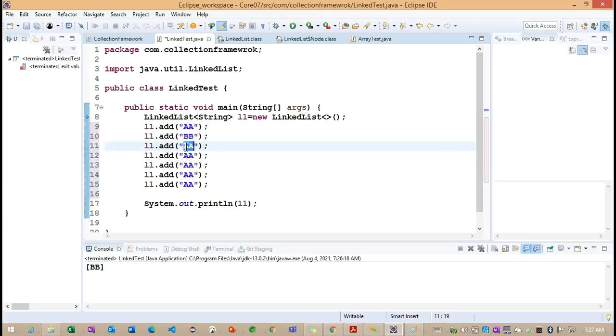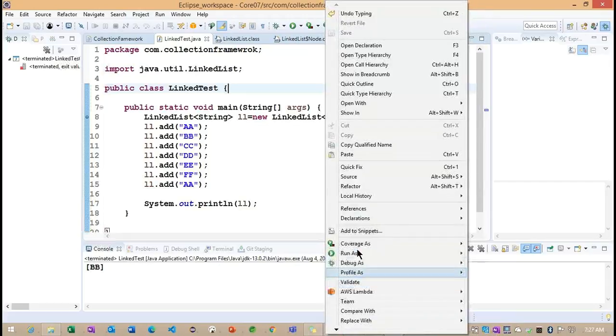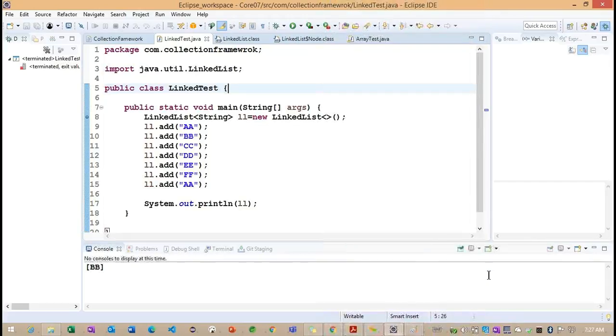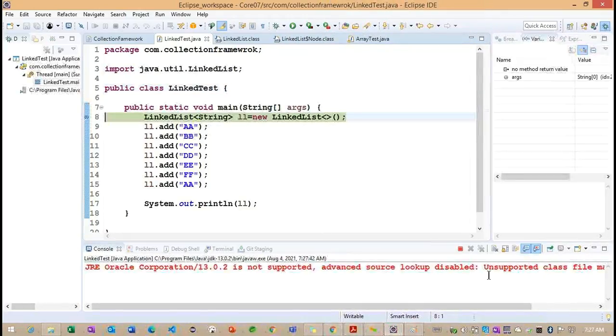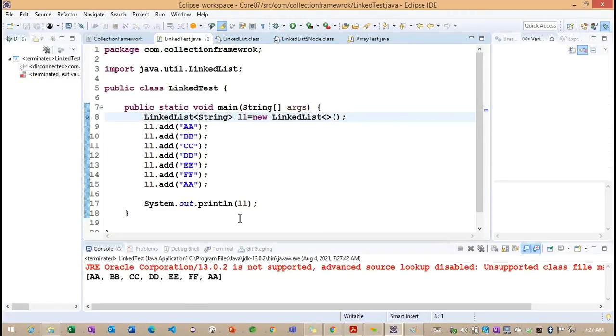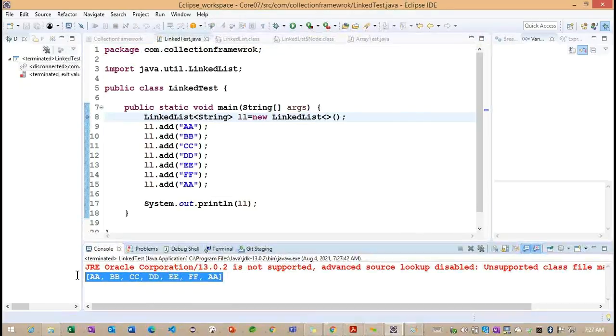So BB, CC and DB. Okay. So these are some elements I want to add into this particular linked list. Now you can see, whatever objects we added, those objects we are getting here.